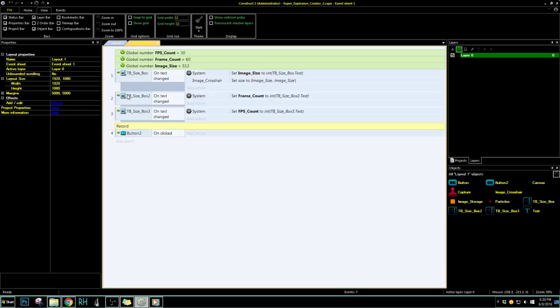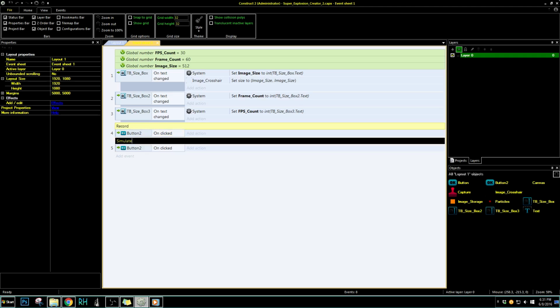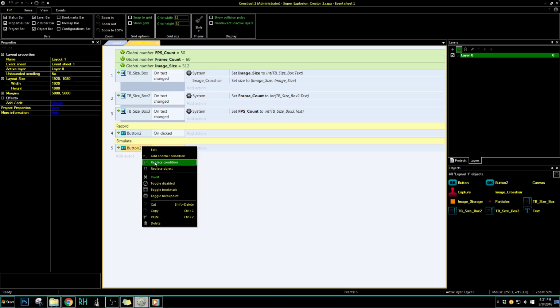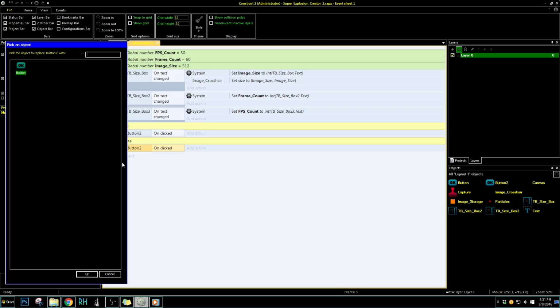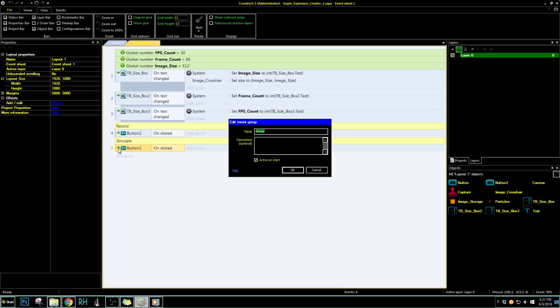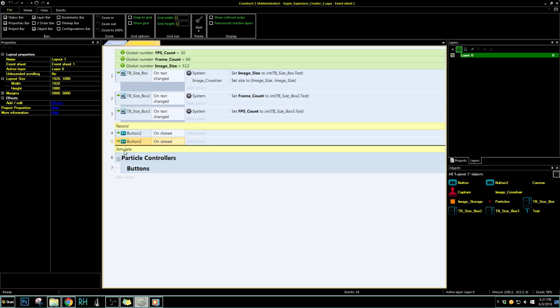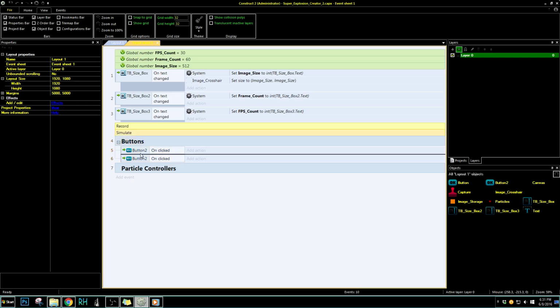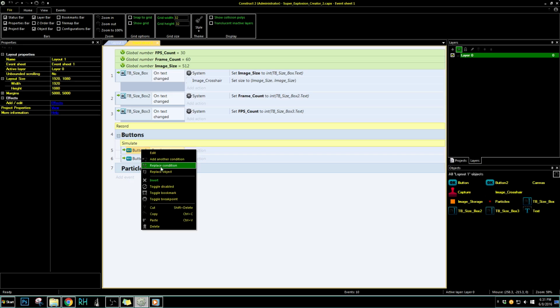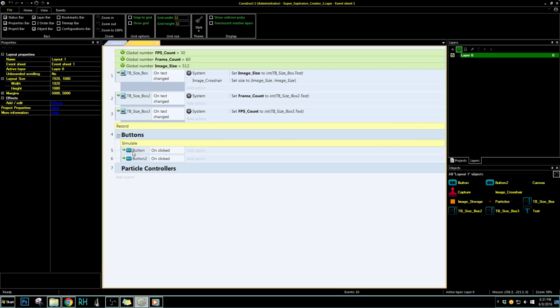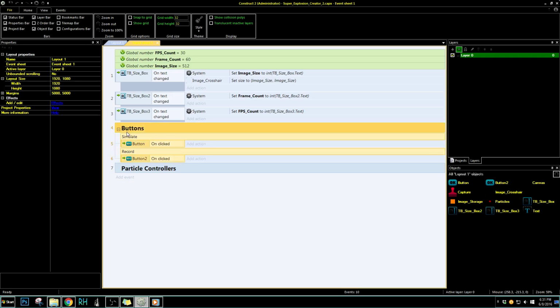So let's go ahead and set this up a little bit here. So we got our simulate button. We're going to set that up now. That'll essentially just spawn that particle. Oh, and actually I need some other things here. I'm going to do a group. Controllers. Okay, so basically what I'm doing right now, just going to switch some things around. I've got my simulate and record buttons under a buttons group, and now I need to set up the events for the particle controllers,